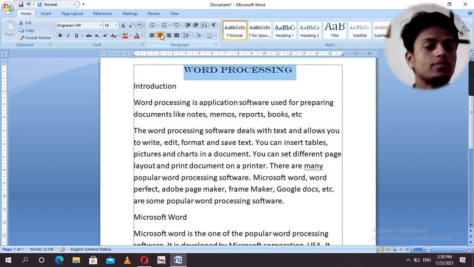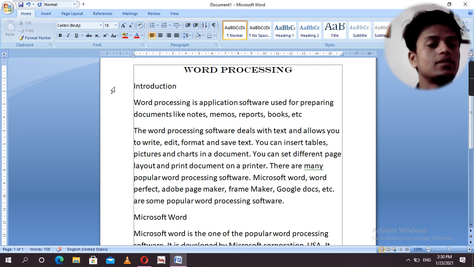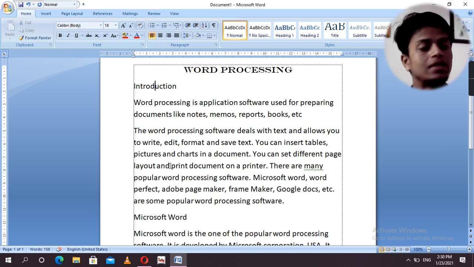Now second is our introduction, and you can see the space between the introduction and this line is very wide, and similarly the space between all these lines is very large. So for that we have to reduce the line space between the paragraphs or lines.